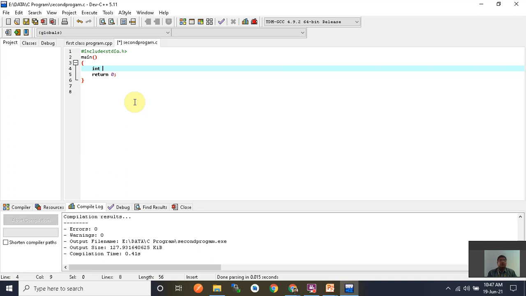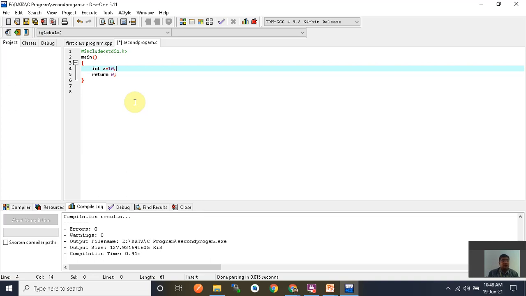Now you give some values for that. I create x, and I give it the value 10. If I give 10.9, it is wrong, because I decided that the data type is integer. So in that, only integer values without a point are stored. If you write a point, then it shows an error.